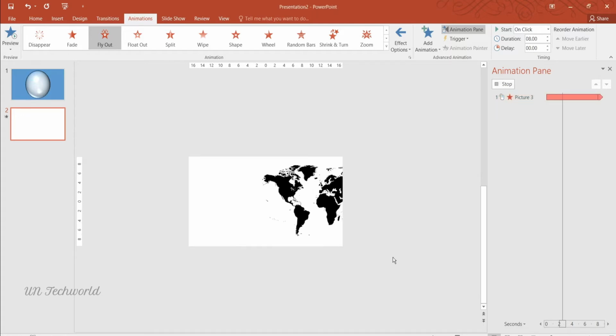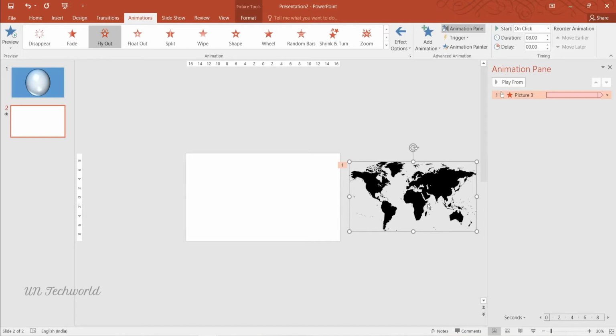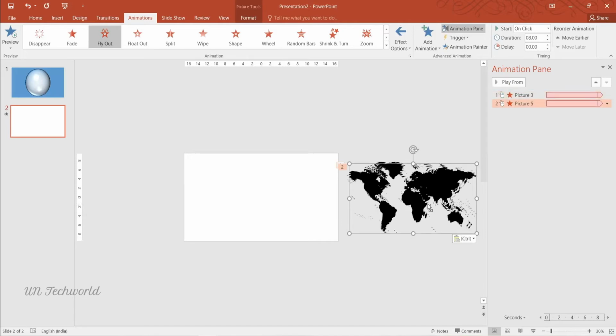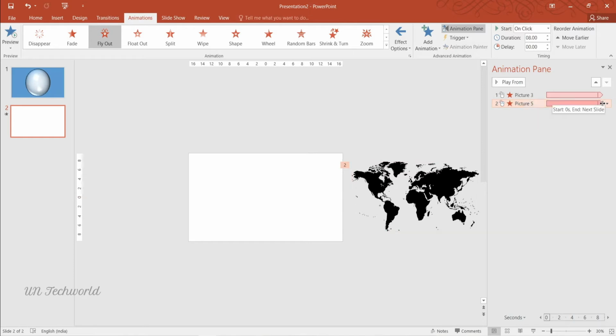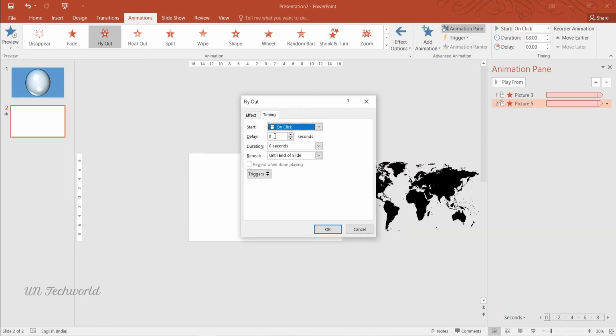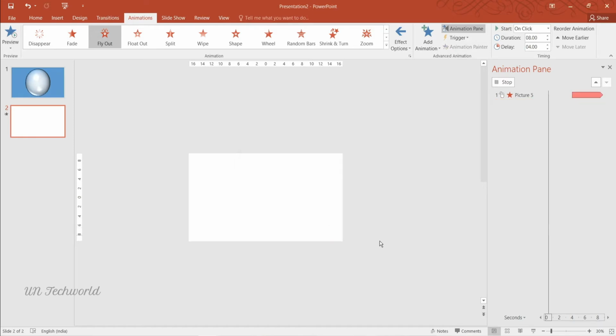Now copy this same picture, paste it here, and adjust the picture the same way. This time select the second one, go to the options, and timing will start with a 4 second delay, same duration, and repeat until end of slide. Now click OK.